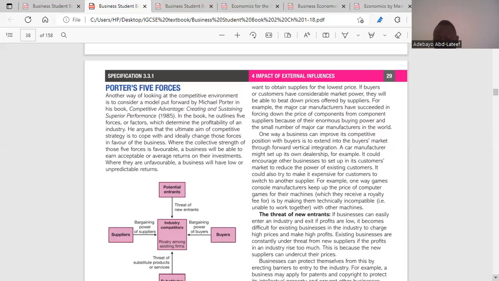And the last one amongst Porter's five forces is the buyers. If buyers have market power, it means they could beat down prices of goods and services. And if they do so, it affects the profitability of a business, because at that point in time, businesses will not be able to make more profit. So that's all about the impact of external